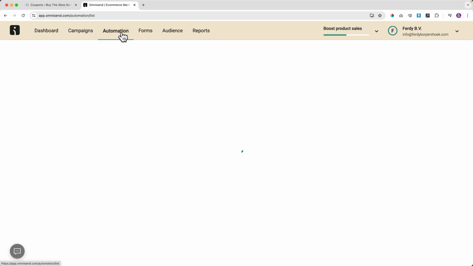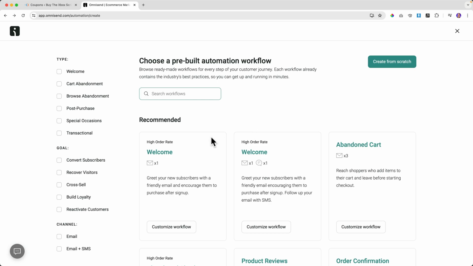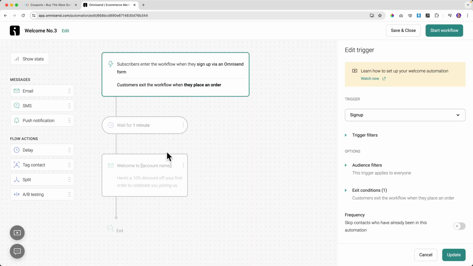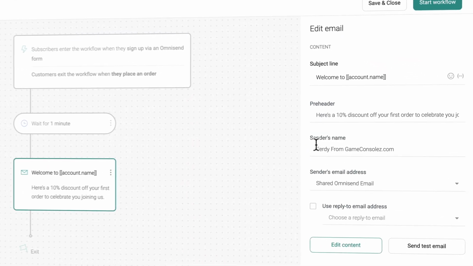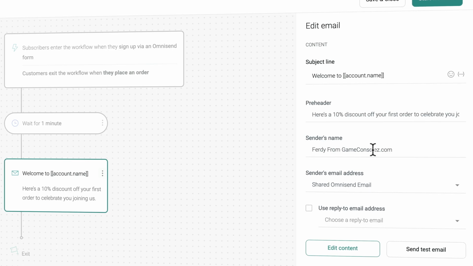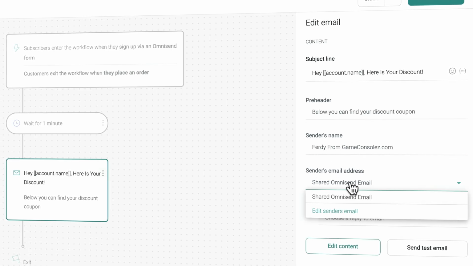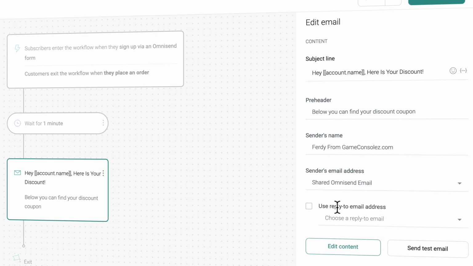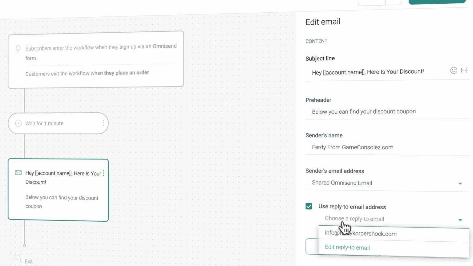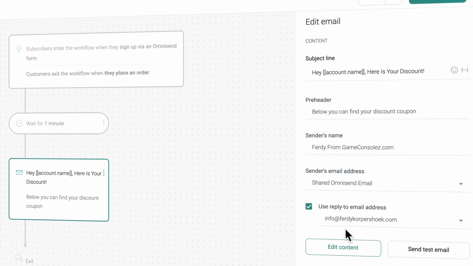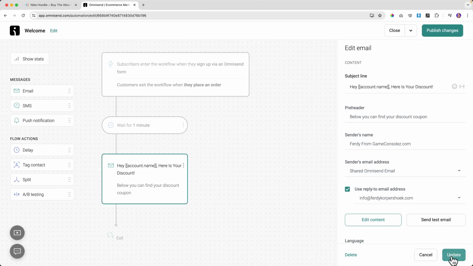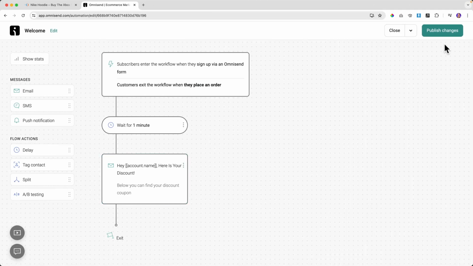Now if I go to automation, I create a new one. I click on the email. It says sender's name, Ferdy from Game Consoles. Sender's email address, the shared Omnisend email. And people can reply to this email address, also the one I use to sign up. I click on update. It's not published yet.